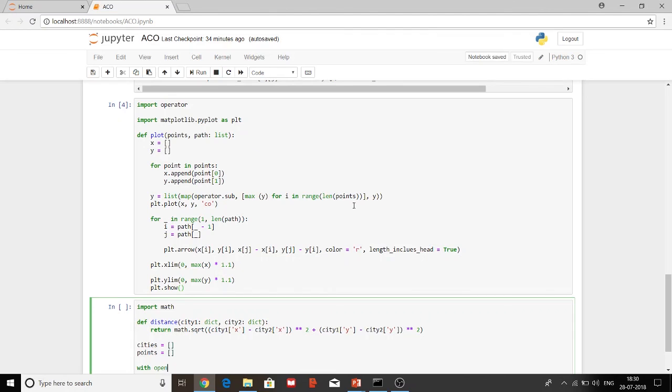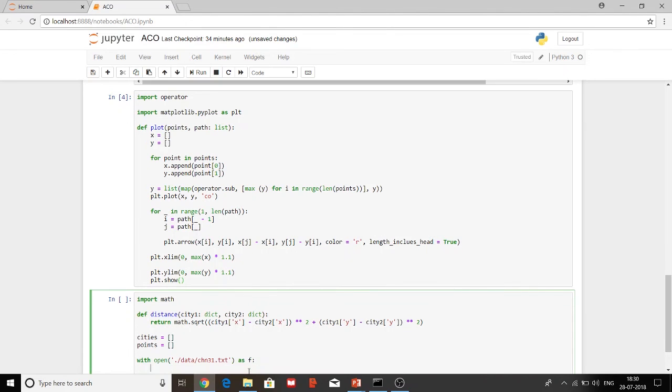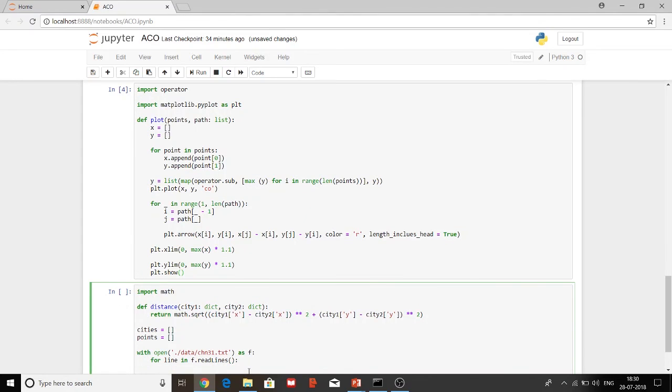With open data/chn31.txt as f, for line in f.readlines,